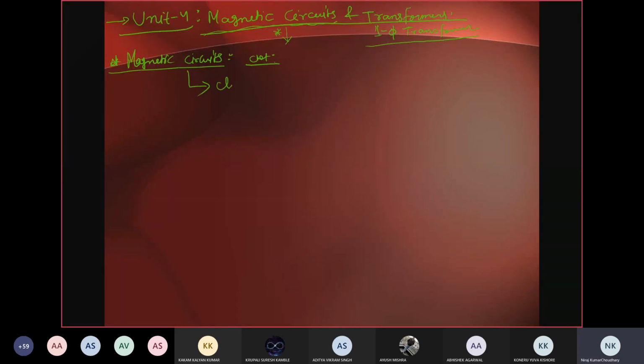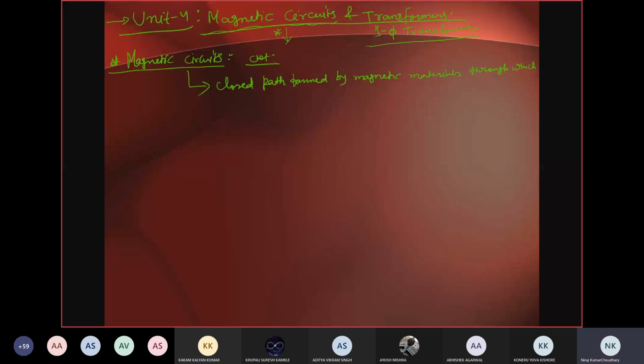Closed path which can be formed by magnetic materials, right? Through which normally flux completes its path through the magnetic circuit, right? So closed path formed by the magnetic material